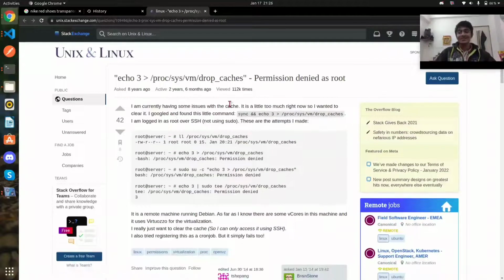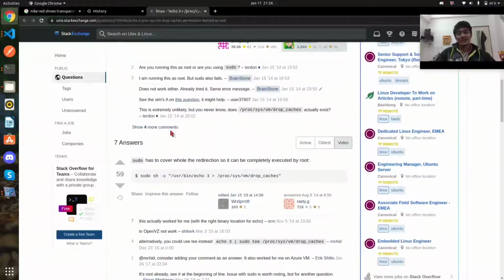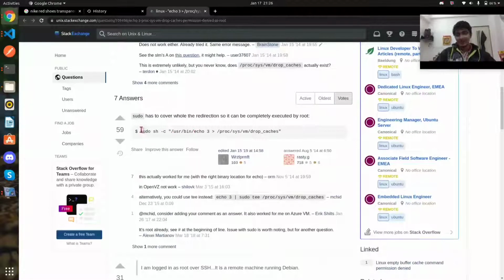So the solution is what? As you can see here, as soon as you execute this command, we get the permission denied and you cannot do anything. I was also very angry about this. After specifying sudo, we were still having the problem of permission denied. So the solution is this line of code. We have to execute this command. So what is this command?